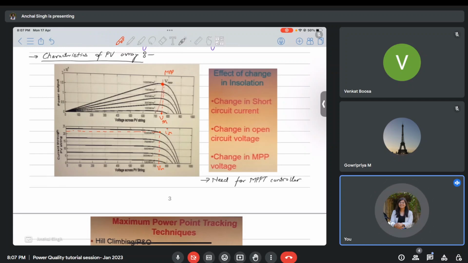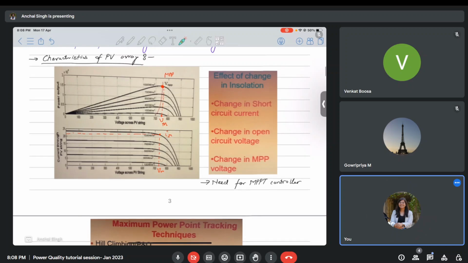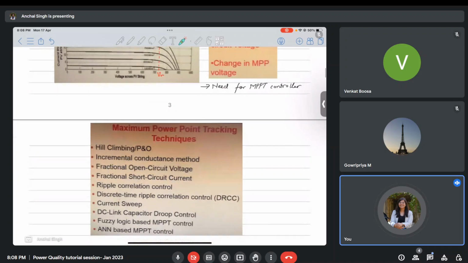But basically what we are trying to do is operate at this maximum power point. And how do I do that? I know that there is Vm amount of voltage and Im amount of current corresponding to this maximum power point, and I do a closed loop control in my system in order to operate at this Vm and Im, so that I can get maximum power out of my solar panels. Okay, so these were a few of the techniques that are available in the market.